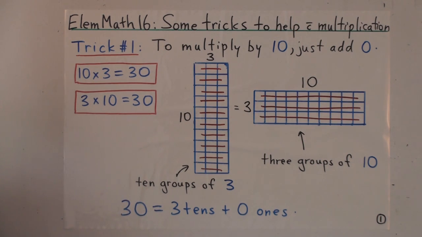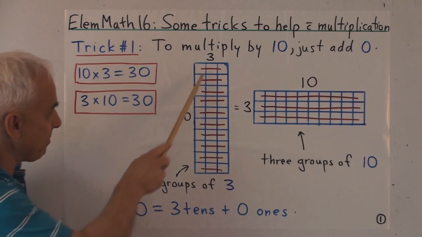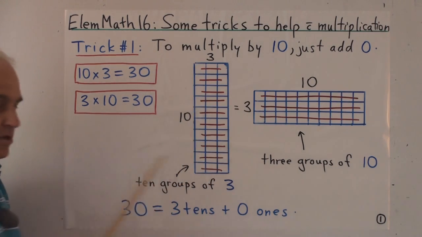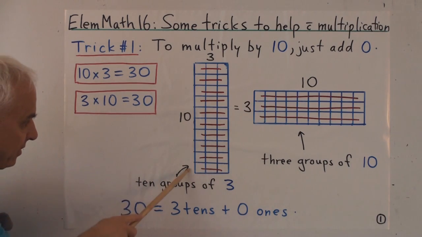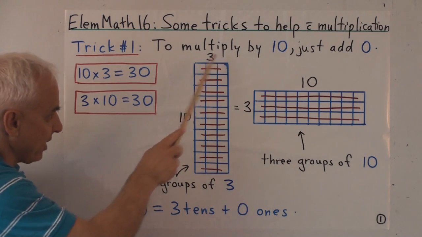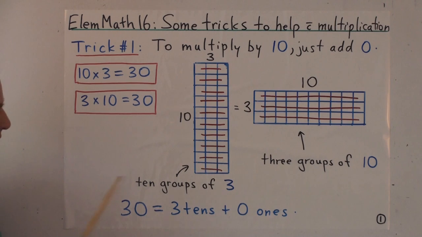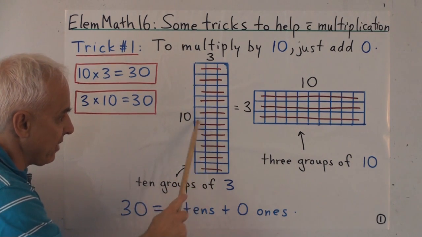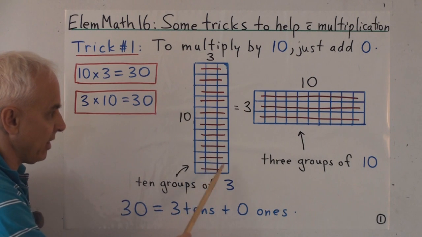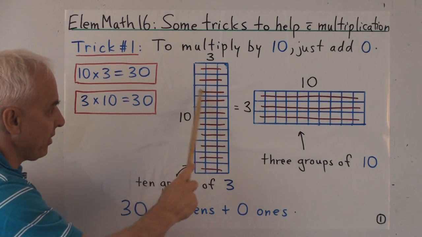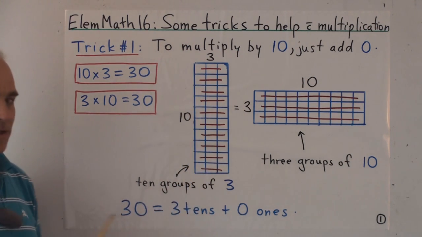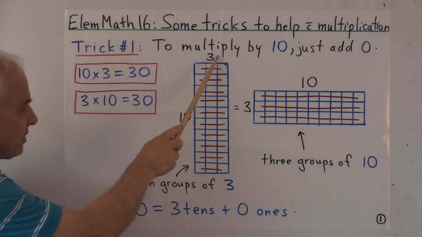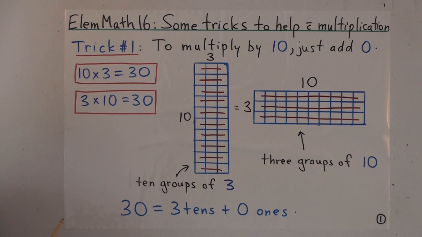So let's have a look here and see why this is true, if we can see the general pattern that makes it clear. So when we say 10 by 3, I remind you that we're talking about a rectangle that has this shape. 10 by 3. Another way of thinking of it is we're adding up all these rows. There are 10 rows and each one of them has 3. So it's like 3 plus 3 plus 3 plus 3 all the way down 10 times. That's what 10 times 3 means.